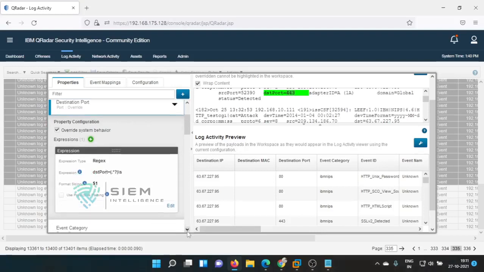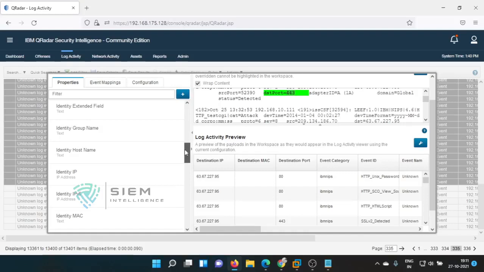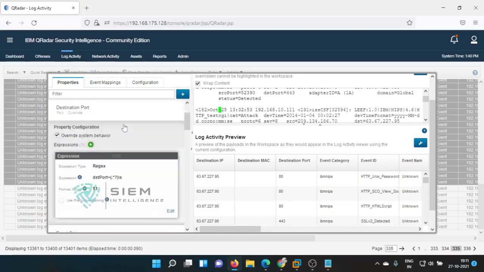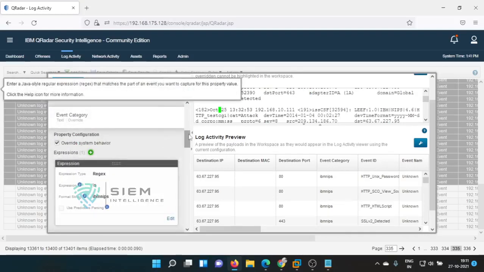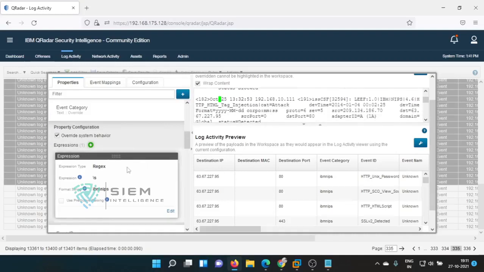Okay. And at the same time, if you go and see event category, I changed that too. I did not pick anything from the event category. I just picked a space, and in the format string I have given something like IBM NIPS, so that this category and this event ID will both be used to create our event name.